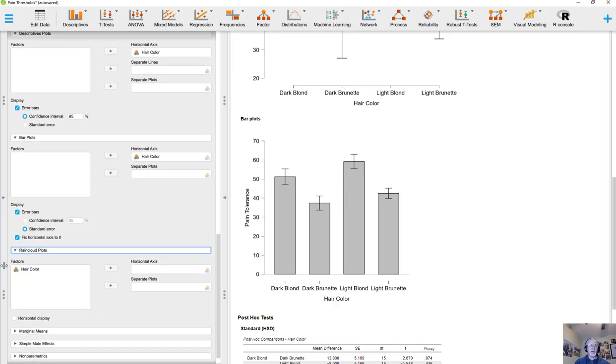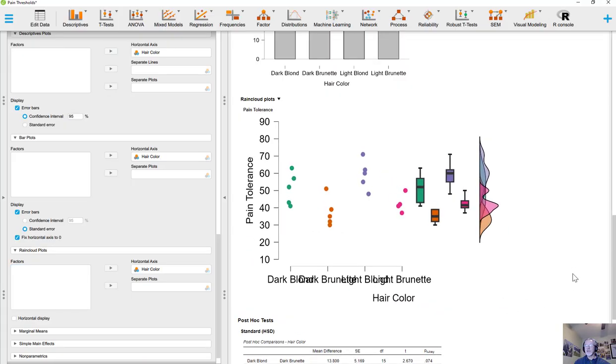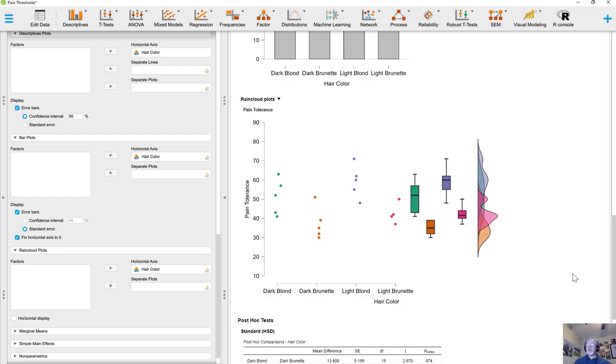Finally, there are the rain cloud plots. Again, you can stretch this out, let it snap into place. And here it's actually showing the data points. It's giving you a box and whiskers plot so that you can kind of see where the medians are. It gives you a view of what the projected distribution is. It's not the real distribution, but it's basically projecting that if you had more data, when the data points are closer together, then that's more of a peak to the normal distribution. And if the data are all kind of equally spread out, sort of like these purple ones are, then there's less of a peak and it's just